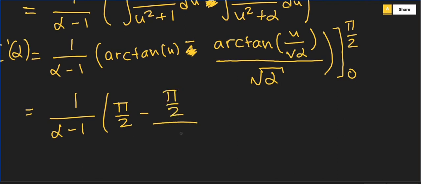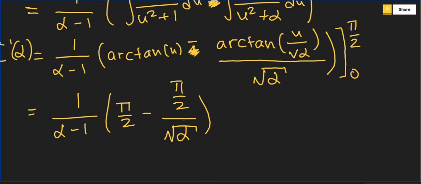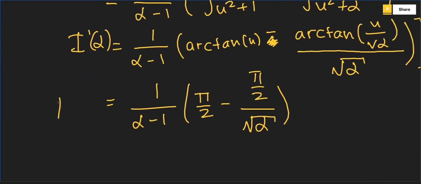So we have pi by 2 by root alpha, and we also have to plug in 0. But the thing is, if we plug in 0, then we already have x in both of the numerators, and so what that means is that the entire thing is just going to be 0, so we don't need to bother with that. So this is our new